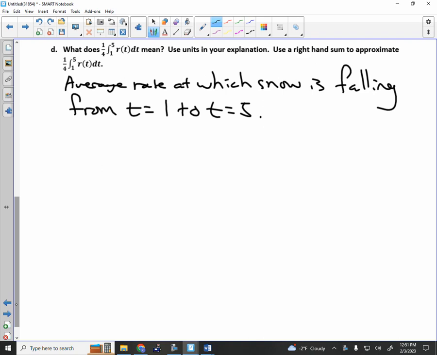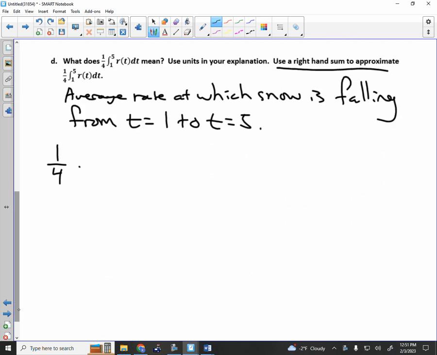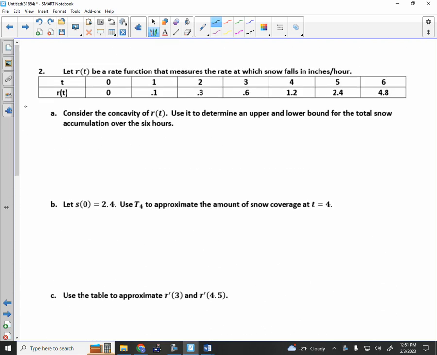Average rate at which snow is falling from time equals 1 to time equals 5. It says, use the right-hand sum to approximate that. So I have 1/4 times, and now we've got to approximate that. Using my table, what is the width of each interval? The width is 1. So 1/2 times 1 times the sum of the heights. I am looking at 1, 2, 3, 4. If I'm doing right hand, where do I start adding? Yep, so I get 0.3